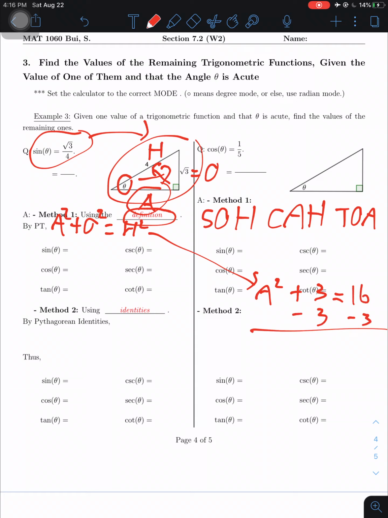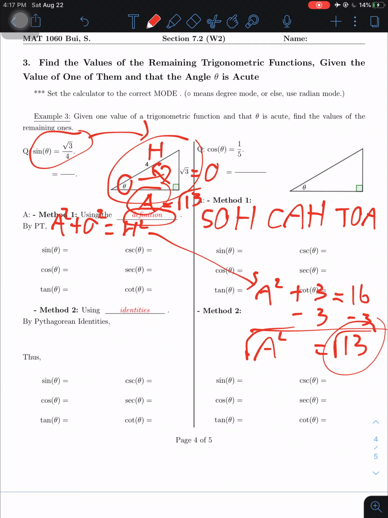And lastly, I told you guys this is not the answer because it's only a square. We have to get rid of the square by taking the square root of both sides. So then this is A. A in here, adjacent in here, equals square root of 13. Okay, now that we have all three sides, I'm going to do it really quickly on this one because we did it already in